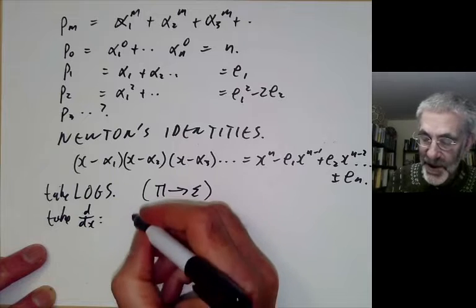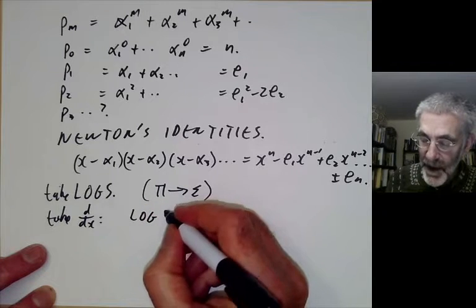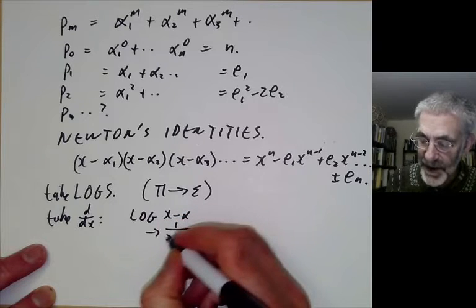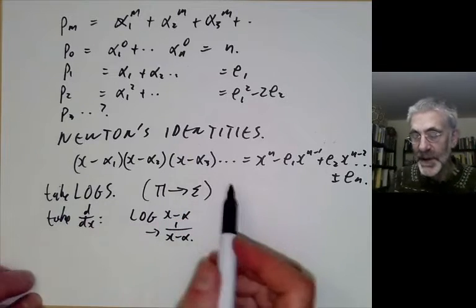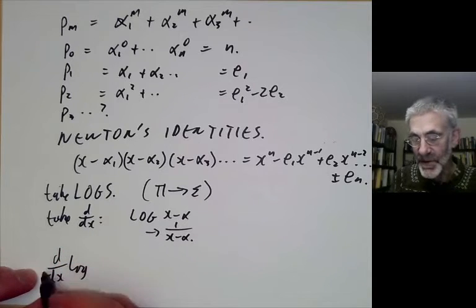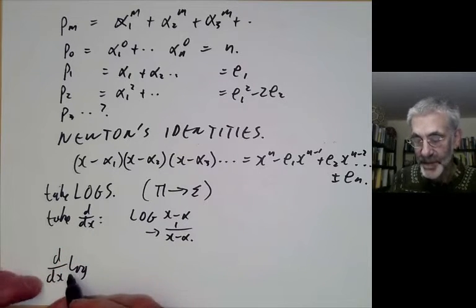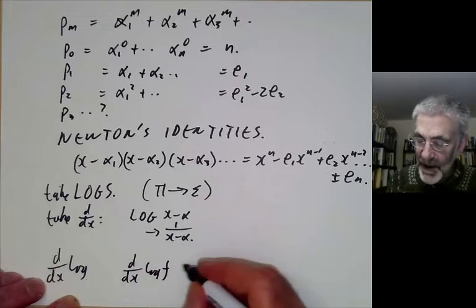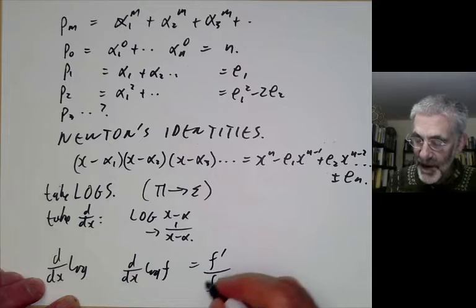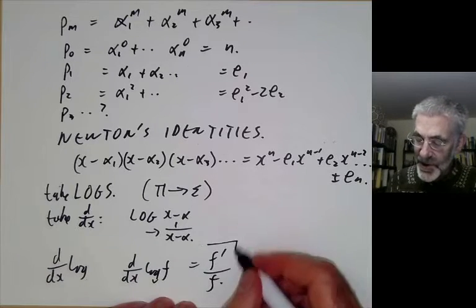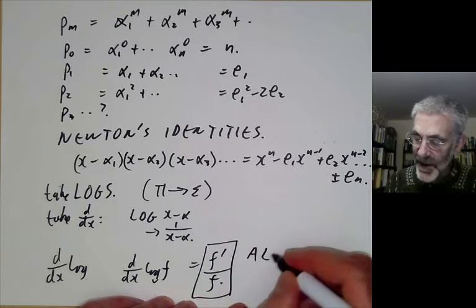So this changes log of x minus alpha to 1 over x minus alpha. So what we want to do is to take the logarithmic derivative of both sides. Well, d by dx of log of f is just the derivative of f divided by f for any function f. And you notice that this operation is purely algebraic,